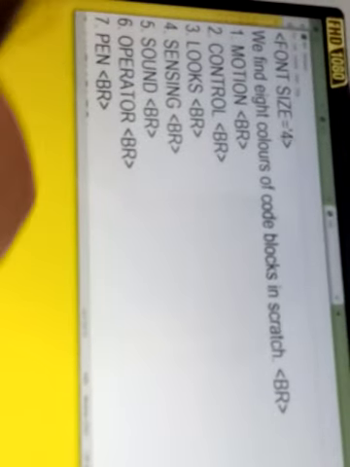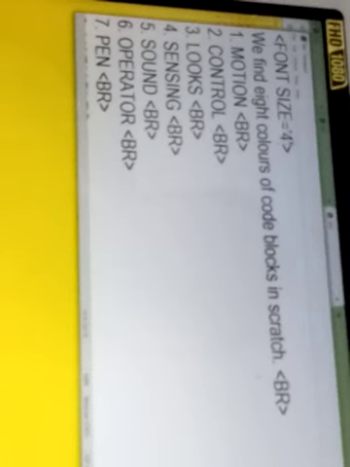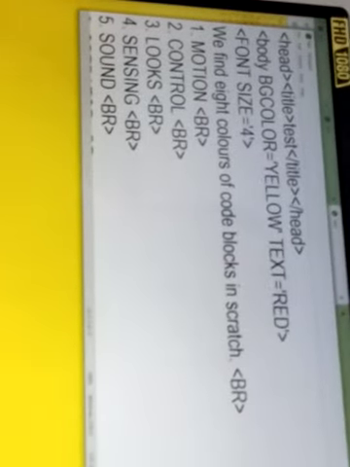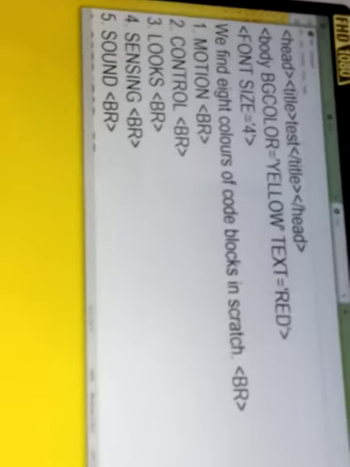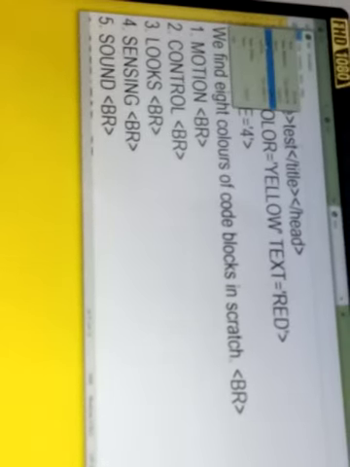Suppose I have taken the size as size 4. Okay, size 4. And what I have done, I have written this font tag in between the body tag. Once again I will save the file with the save option, and again I will refresh it to see the output what I am getting over here.